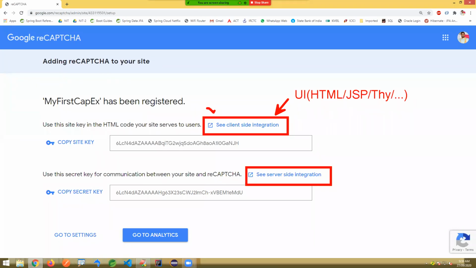And if you're writing servlets, Struts or Spring programming, any web programming, there we need to do the second integration. So we have two integration codings to do, to link this application with Google reCAPTCHA.